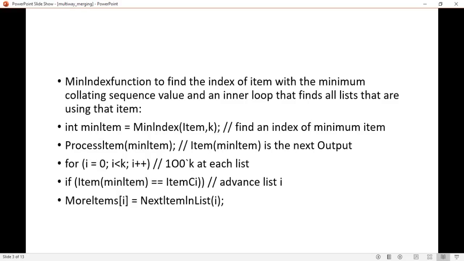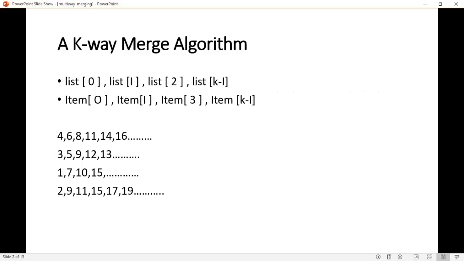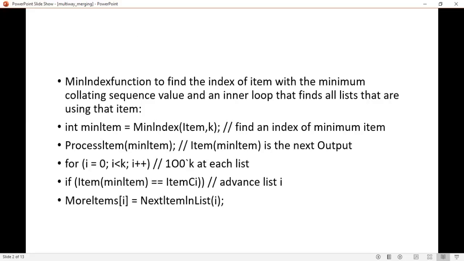That is, first you find the minimum index of item comma k, send it to minimum item, and then process the minimum item. Say in our example, first you have to find the index items with the minimum values, that is 4, 3, 1, 2. This is the index items, and out of this you have to find the minimum item, that is 1 there, isn't it?